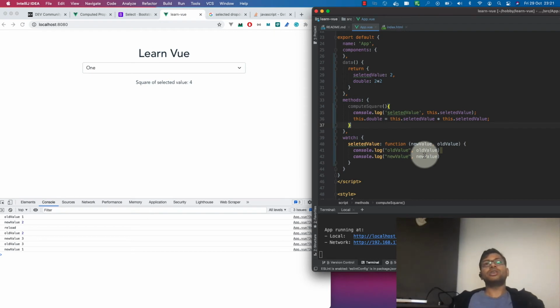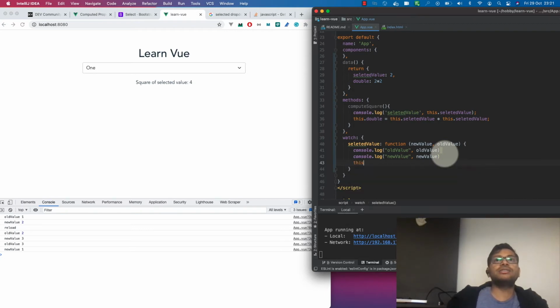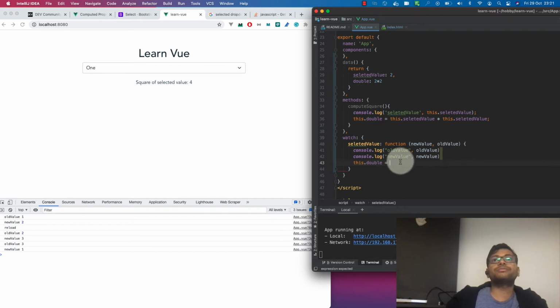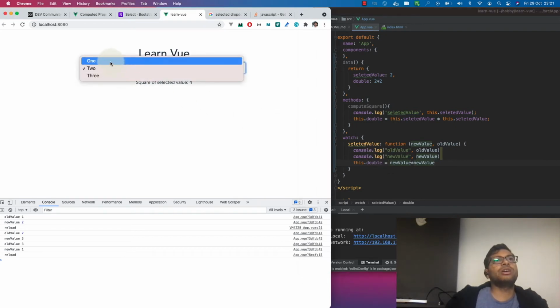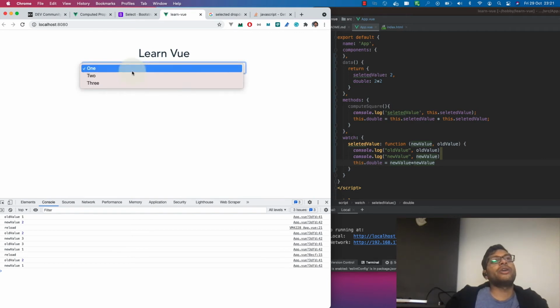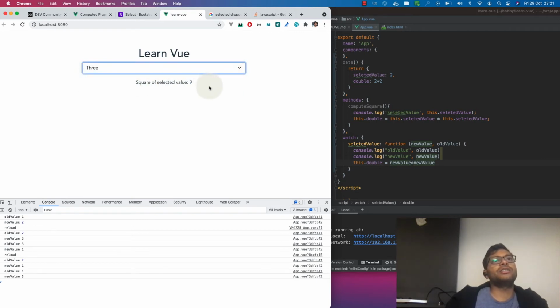And now let's use the watch to compute the square. We can just say that this.double will be new value into new value. So now it should be updated. When you select 2 to 1, we can see that the new value is 1, and when you select 1 to 3, you can see the new value is 9.